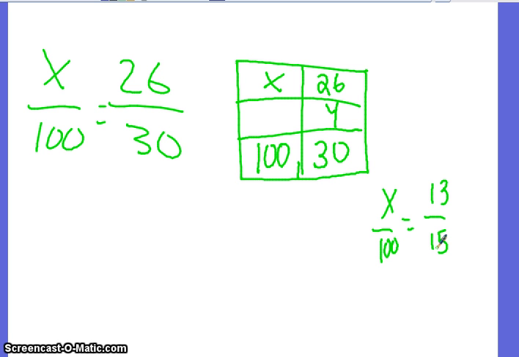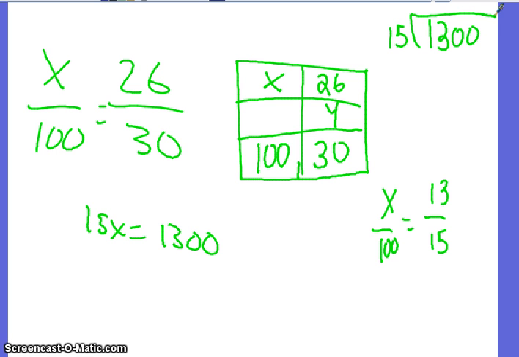Okay, so basically what you end up with is 15x. There's 2 ways you can solve a percent problem, but 15x equals 1300. So you got to divide. And we want to make this a percent, correct? So we're going to write this as a mixed number and as a percent. All right, so 1300 divided by 15